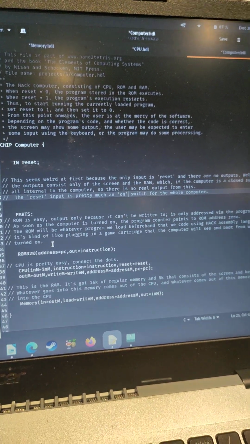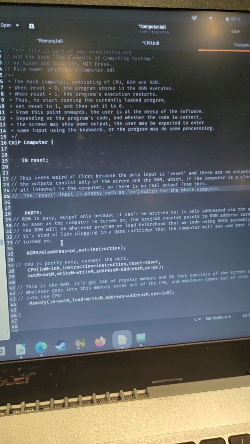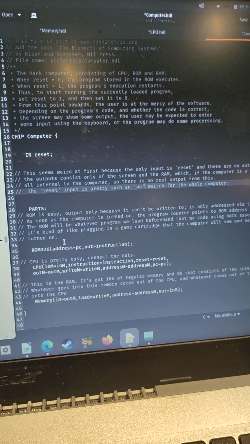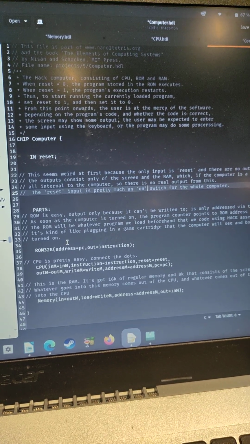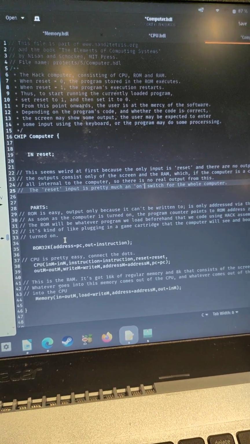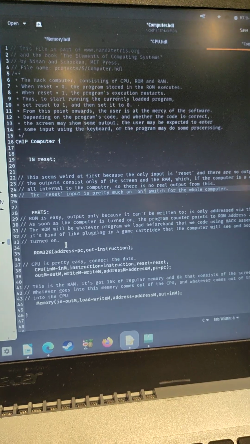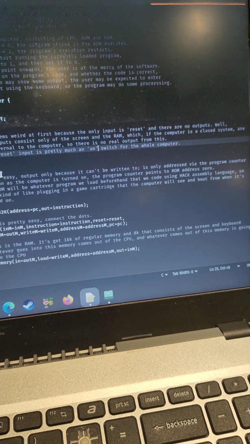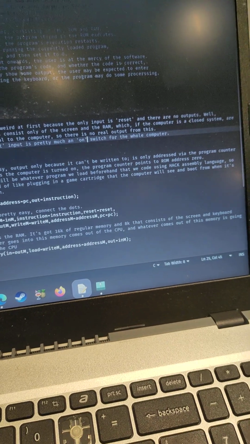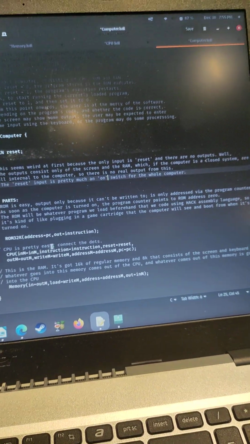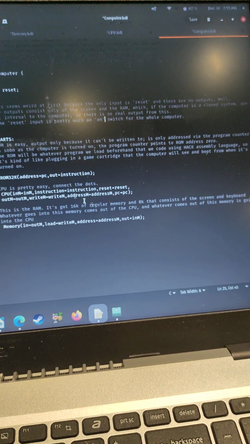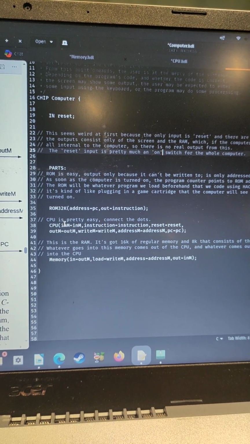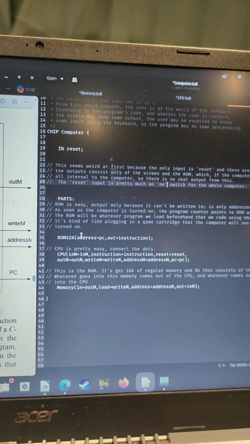I compare it to writing a program and then having it on a cartridge, and you plug it into like a Sega Genesis or one of those old computers that took cartridges, and you turn it on, the program counter automatically starts reading from that cartridge. The cartridge is already pre-assembled, the program's already written, and then if the program from there indicates that the RAM should be accessed, then it will start pointing that direction. So all you really do is these simple connections between the ROM, 32K ROM, and then the CPU,